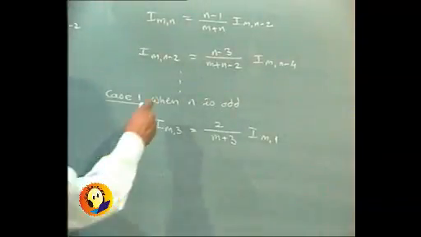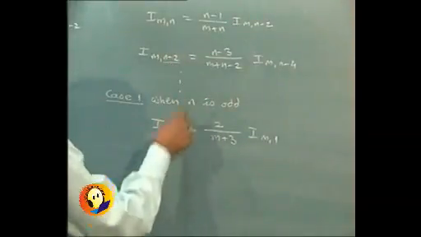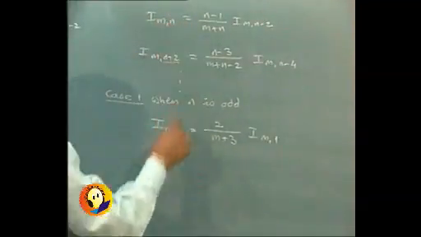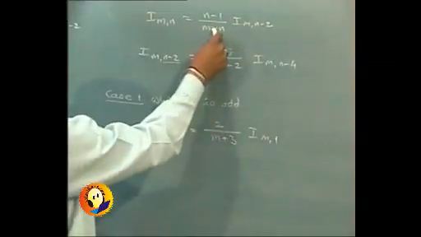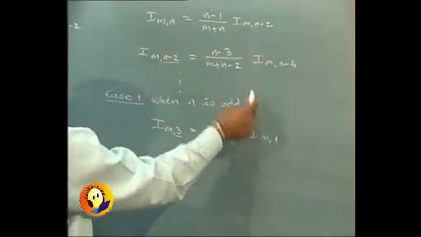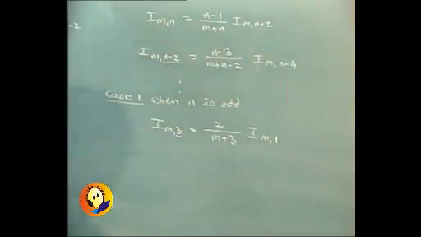It is just the substitution that I am having. N minus 2 is as good as 3, or you can use the original formula. N is 3, so this should be n minus 1, so 2, and this should be m plus n, so m plus 3. Reduce n by 2, so 3 becomes 1. And I m1